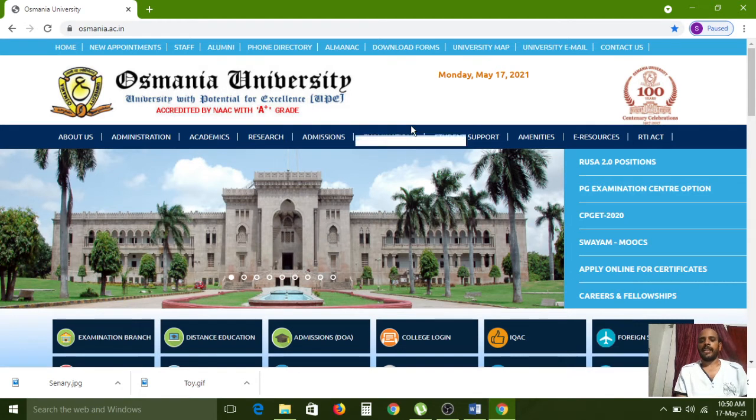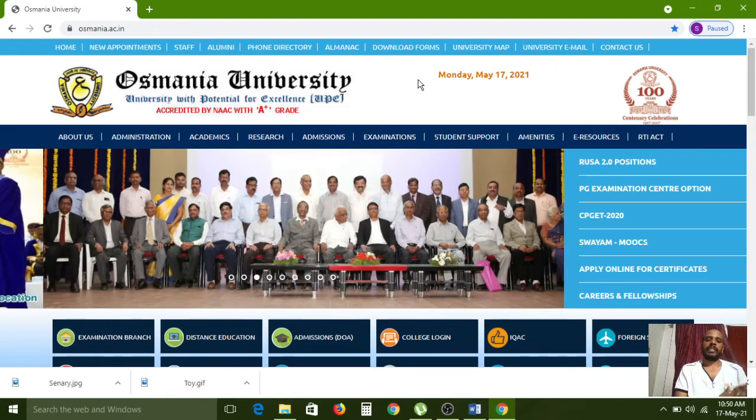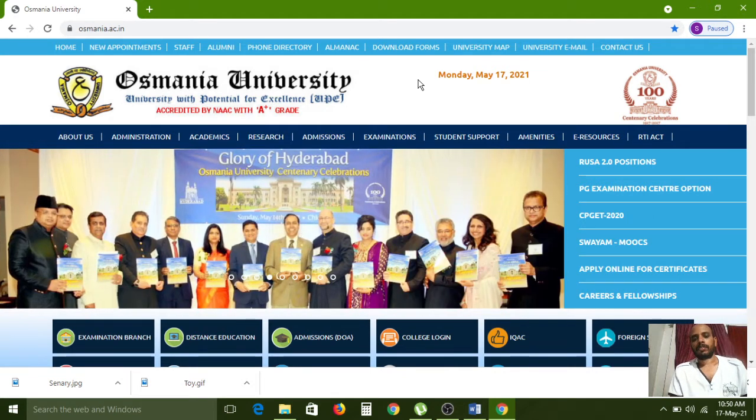So the user thinks like that. Because they will not insert other images in the Osmania University website. The Osmania University related images they inserted into their web pages. So that is the meaning of images. Here they are showing some certificates now. That image also will show here. So the background is Glory of Hyderabad. That event was conducted by the Osmania University.